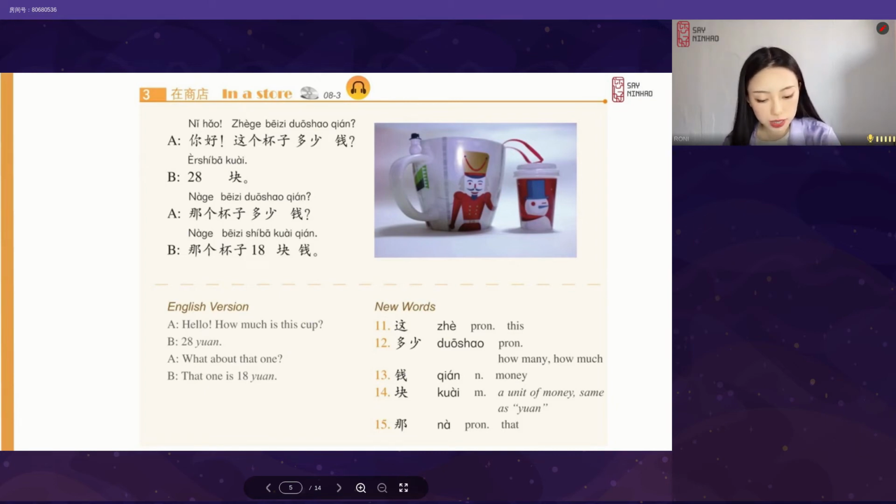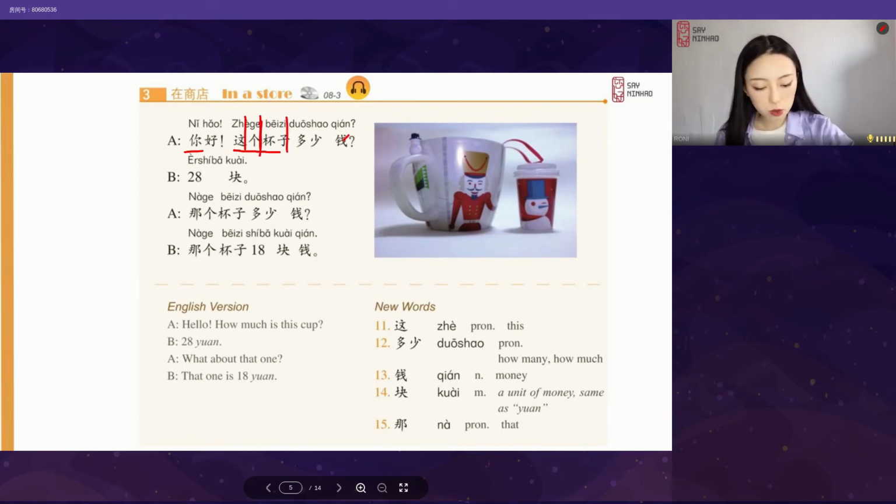I will read it and please listen carefully. 你好，这个杯子多少钱？28块。那个杯子多少钱？那个杯子18块钱。Okay, let's see. First one, 你好, which means hello. 这个杯子, this cup, we can see 这 plus some measure word